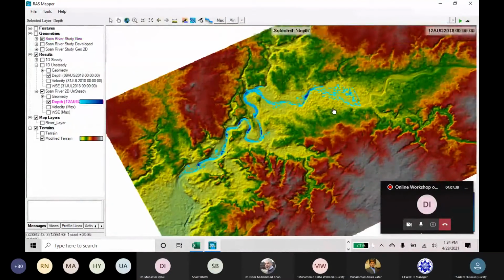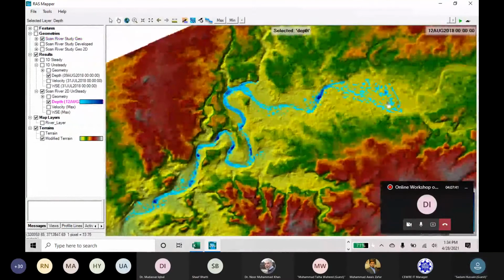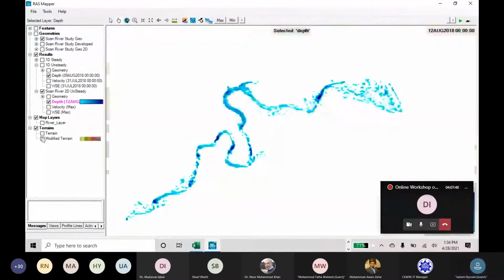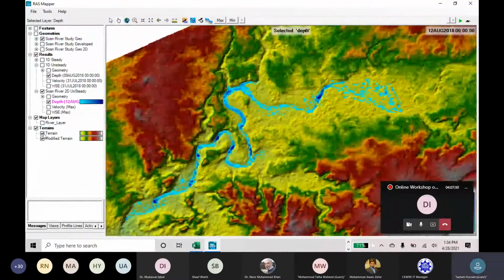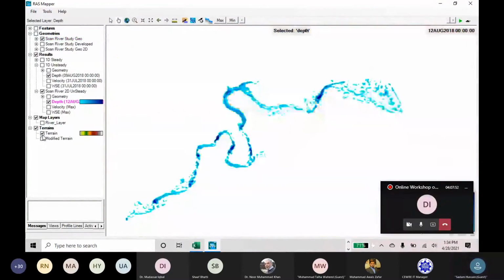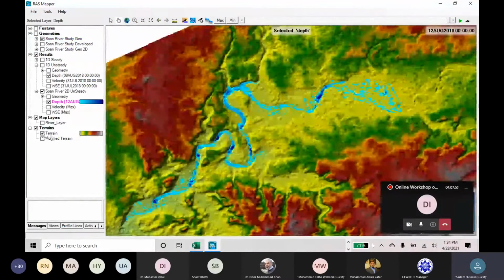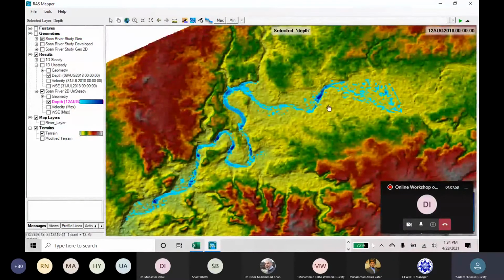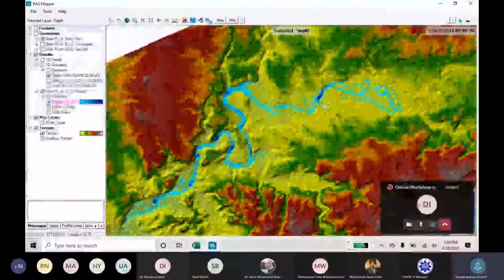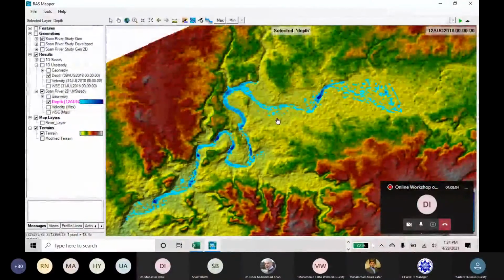The result shown in this window is computed on the previous terrain data. The sense of creating this flow depth is that it will simply add and subtract the water surface profile from your terrain data. If your terrain data value is higher than your flow depth, then it will neglect it and not show it on your digital elevation model.